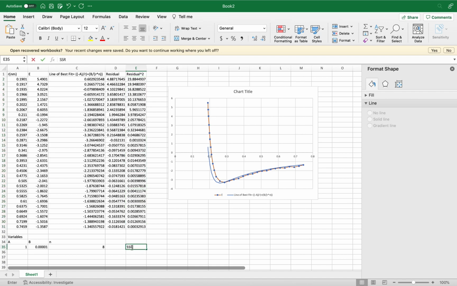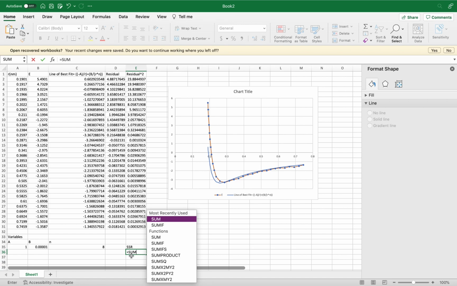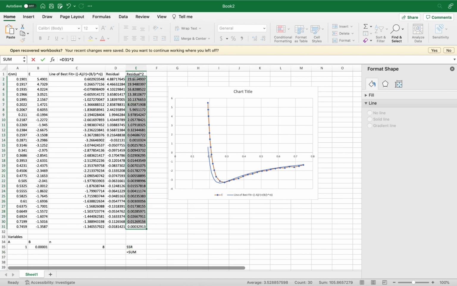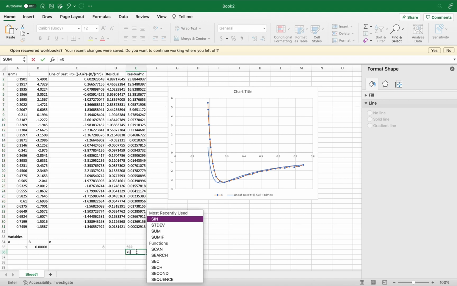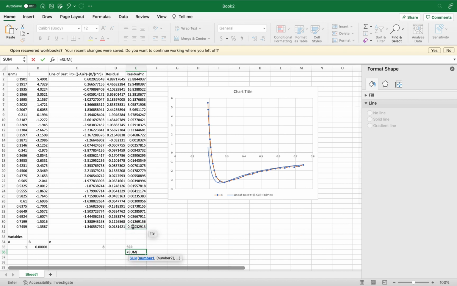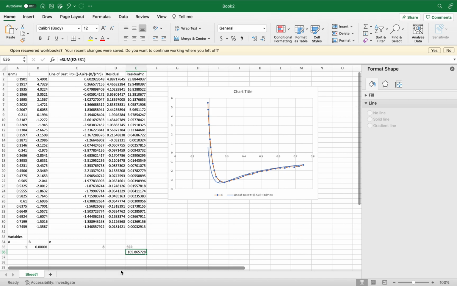We are also going to do the sum of our residuals, kind of as a third measure, just to be safe. We're going to equal that to our sum of the residual squared. To do that, you're going to do equal sign, sum, parentheses, drag, and then when you let go, it should put that in, click enter, and it'll give you a value. This is what we are going to try to be minimizing. So once you have this all set up, we just want to minimize this sum squared residual by changing A